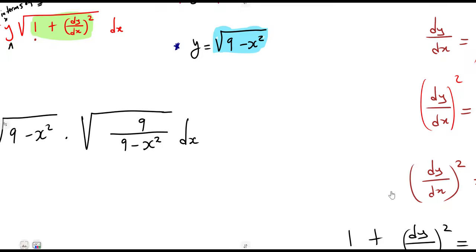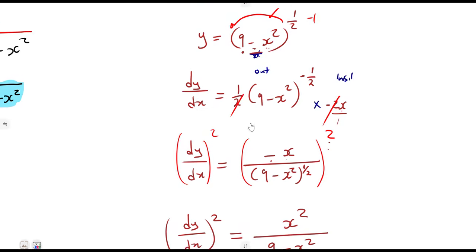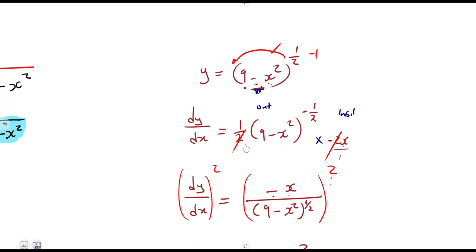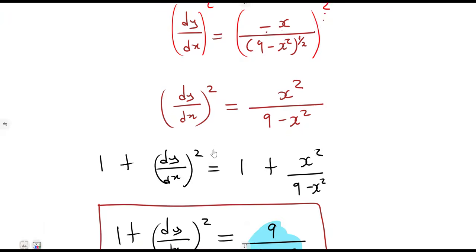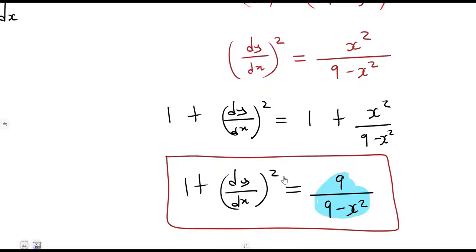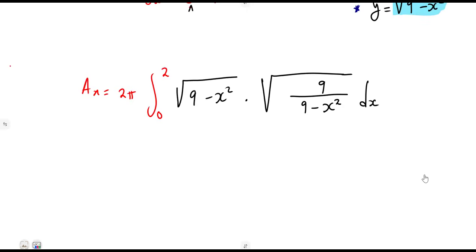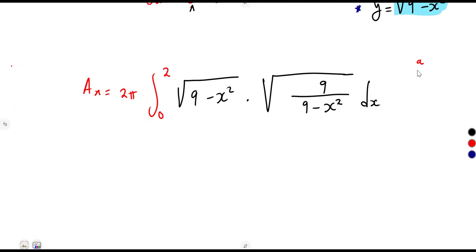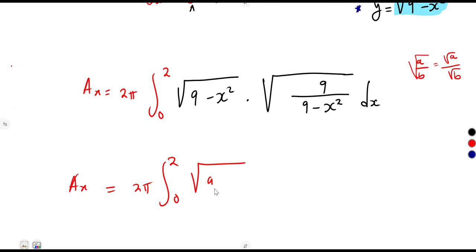So you see, once you do this simplification in a proper way, guys, this is the most important. Once you do this simplification properly, you won't have challenges, because here I have a square root. Remember, I explained the concept of square root of a over b. We can separate square root of a on its own, square root of b on its own. So in our case, we were going to have the square root of 9. We cannot simplify this, but we can simplify the square root of 9, this one on top, as it is